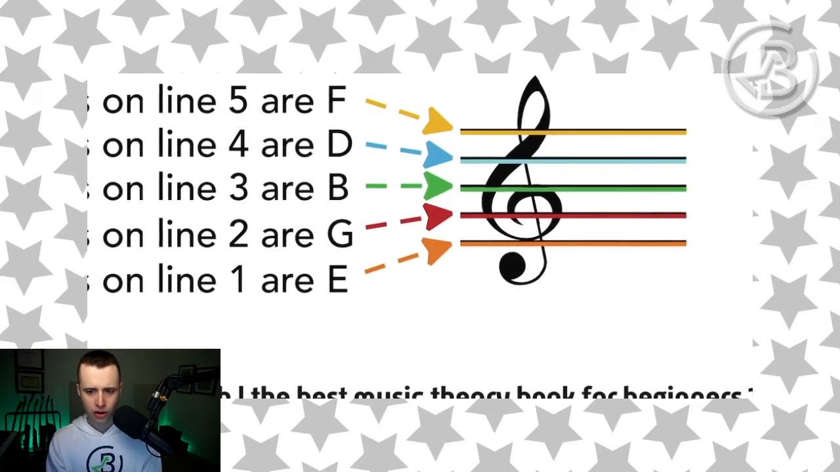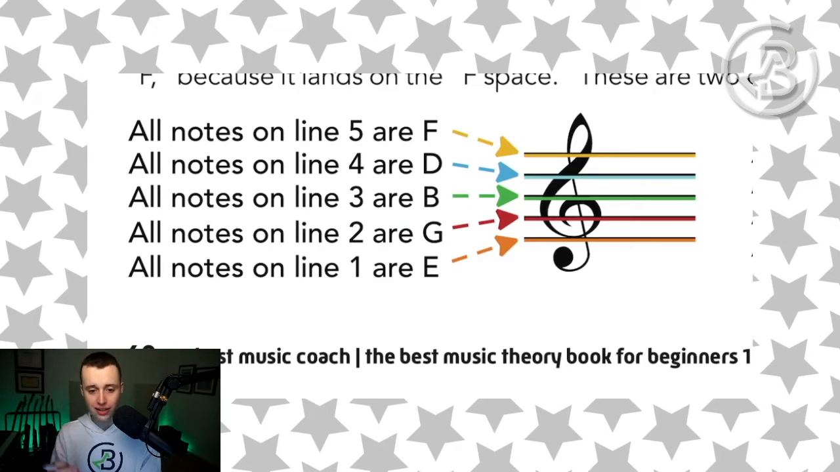All right, so all the notes that go on line 1 are E. It does not matter if it's a whole note. It does not matter if it is a half note. It does not matter if it is a quarter note. All notes that have a note head on line 1 are always going to be E forever and ever and ever. Always. Likewise, all the note heads that go on line 2 of the staff, all those notes will always